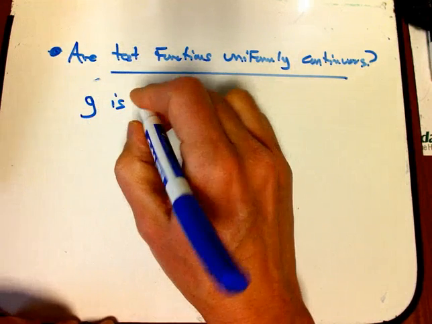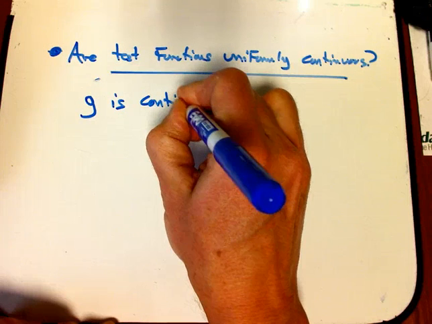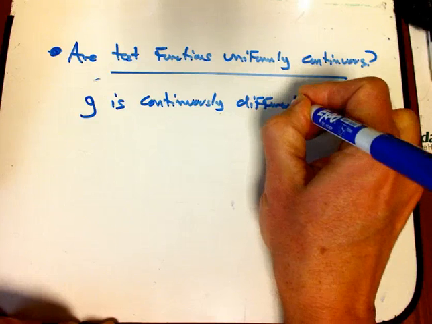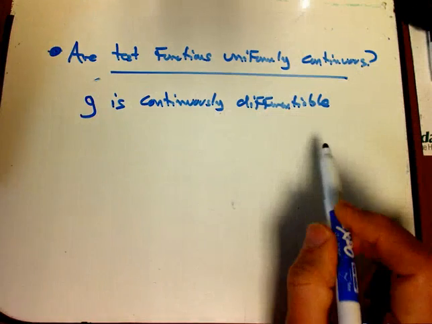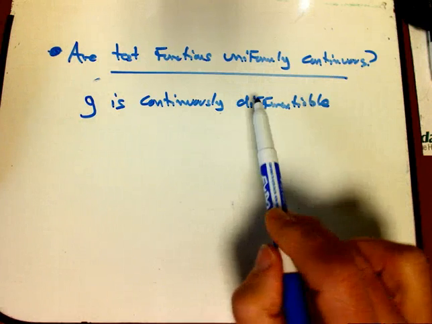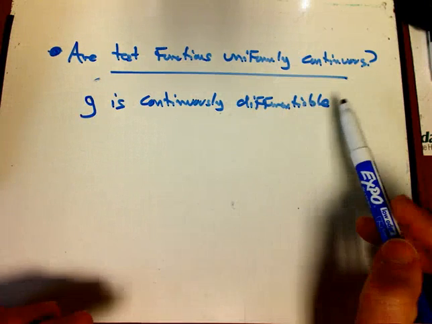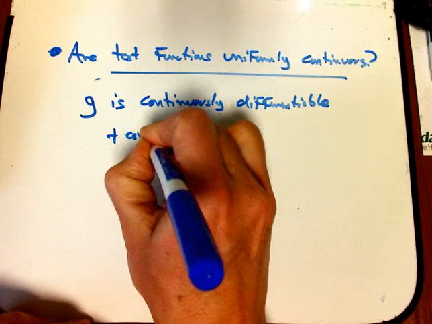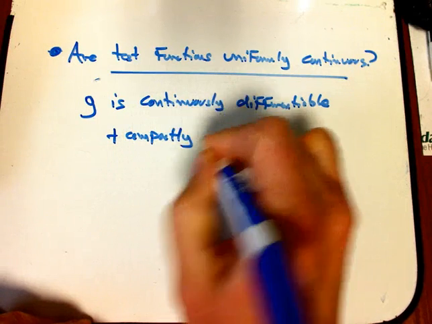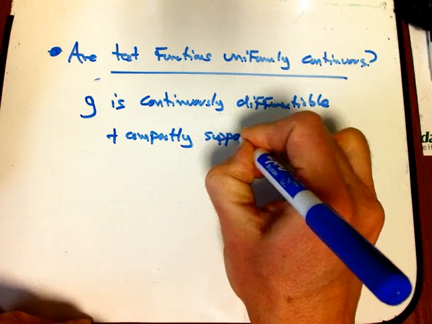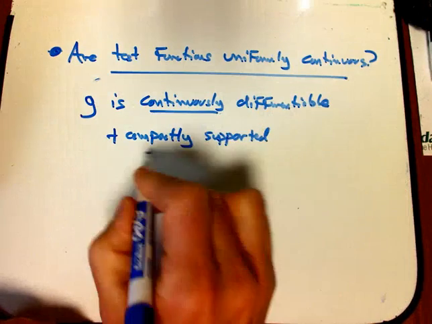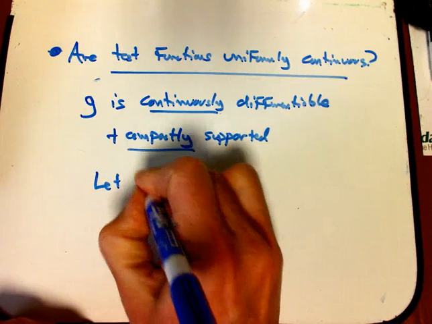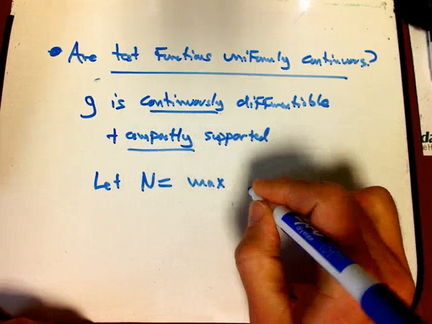Okay, well, yes. g is all I'm going to use is that it's continuously differentiable. The idea, I've alluded to this already, is that if you know your function is differentiable, the only thing that can really screw up uniform continuity is if you let that derivative get too big for too long, kind of go off to infinity. Okay, it's continuously differentiable and it's compactly supported. There's no possibility to go off to infinity at all. And the fact that it's continuously differentiable on a compact set means that that derivative is going to be bounded. Okay, so let n be the maximum,